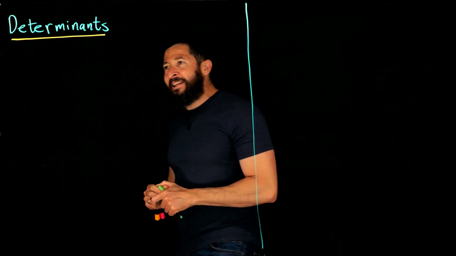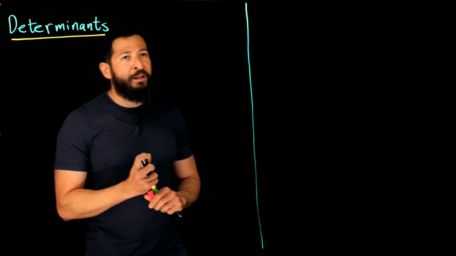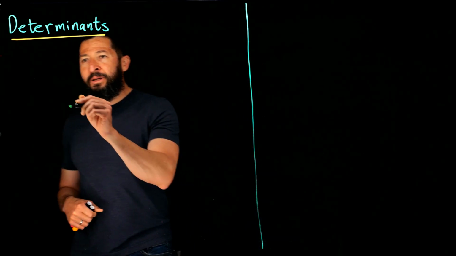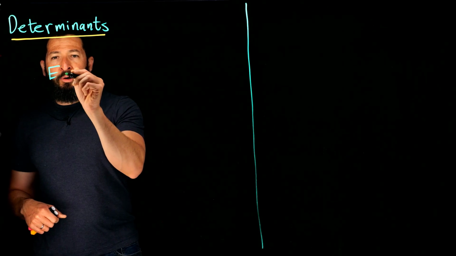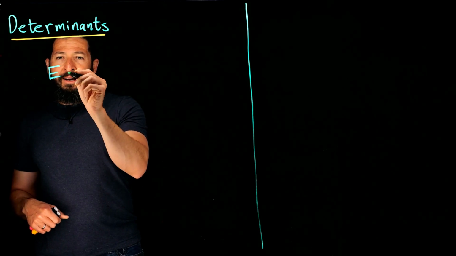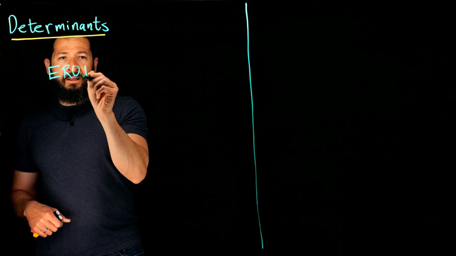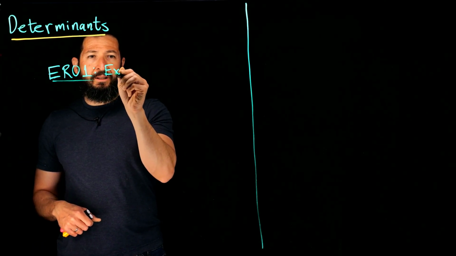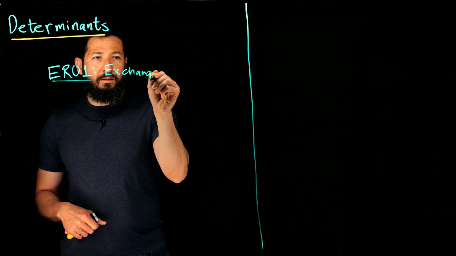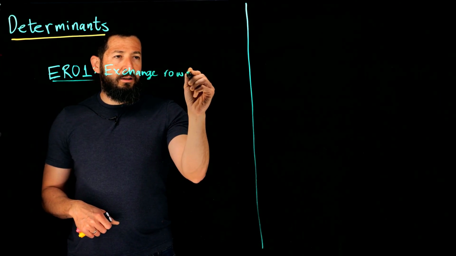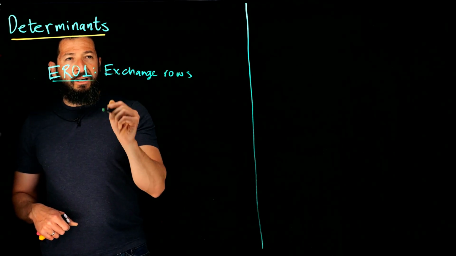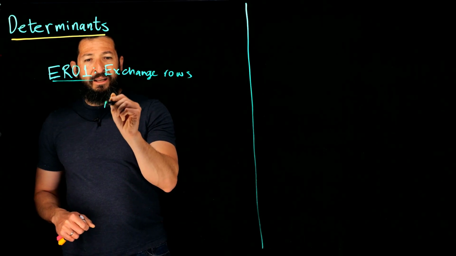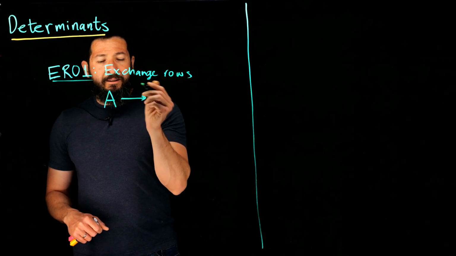All right, so the last part we're going to do on determinants is how can we use elementary row operations to compute a determinant. So let's remember the elementary row operations. Elementary row operation 1 would be just exchanging rows. Now, if A and B are related through a row operation of the first type,